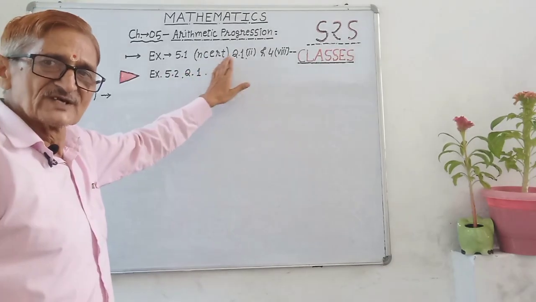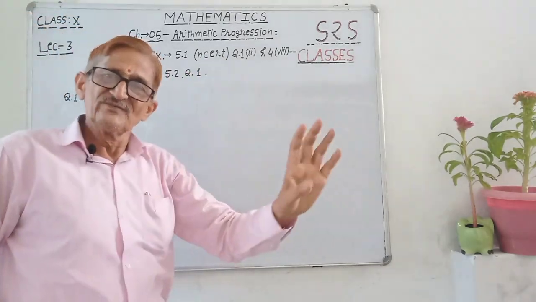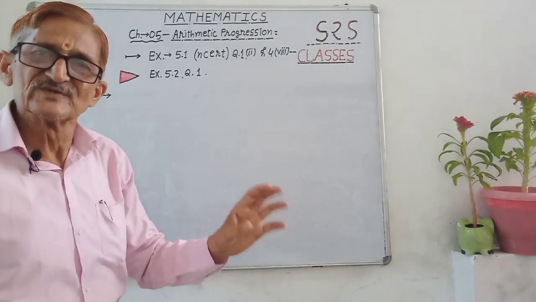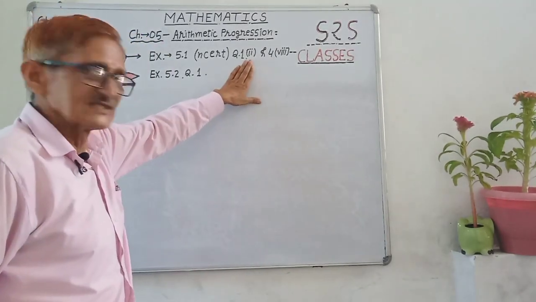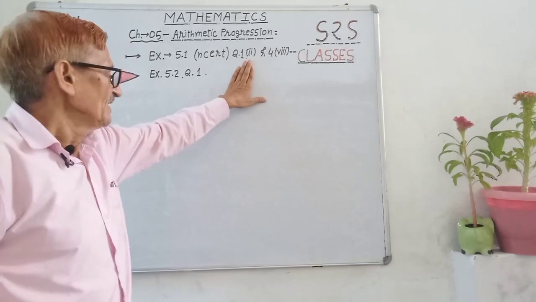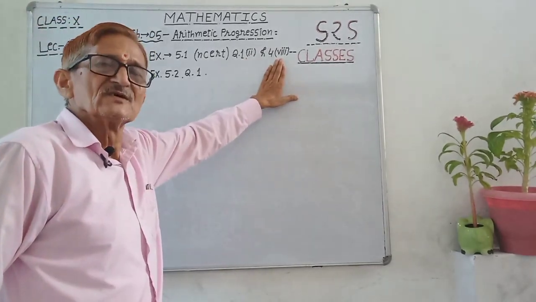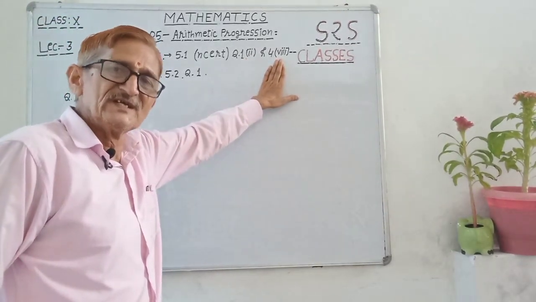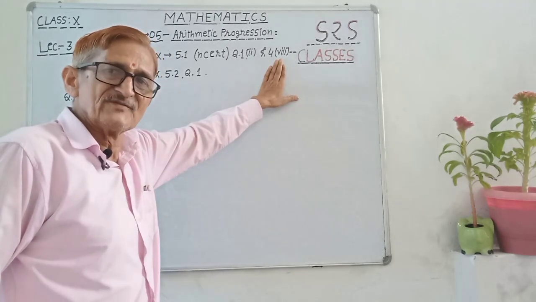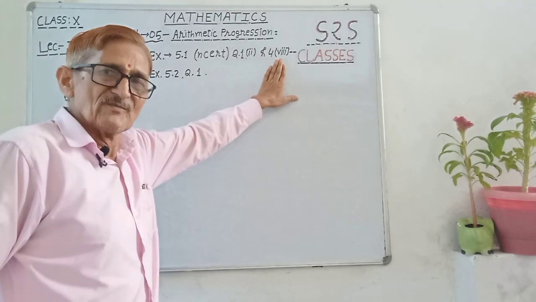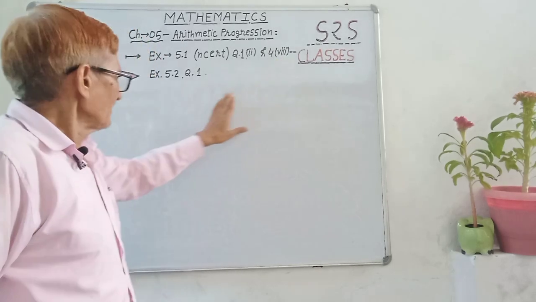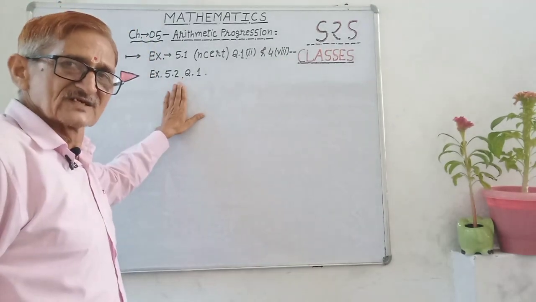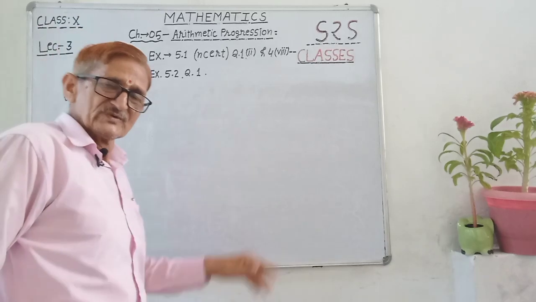इसमें अर्थमेटिक प्रोग्रेसेशन में 2 लेक्चर हो चुके। तो थर्ड लेक्चर है। इसमें एक्सरसाइज 5.1 NCERT बुक से क्वेश्चन 1, 2, 3, 4 we have done, but one student asked the question 1 second part again. So question 1 second part I want to tell, and after that fourth question's parts. We have done some part in the last video, some part asking now. Okay, I will tell, and then we'll go to the next exercise 5.2 after that.